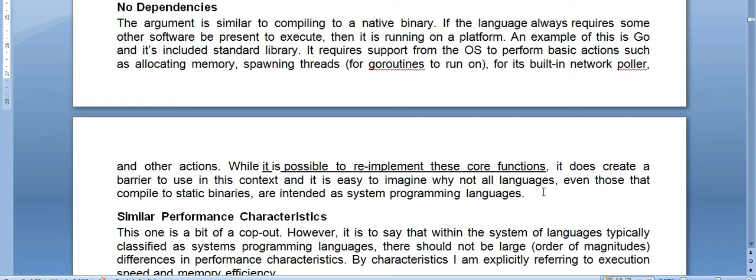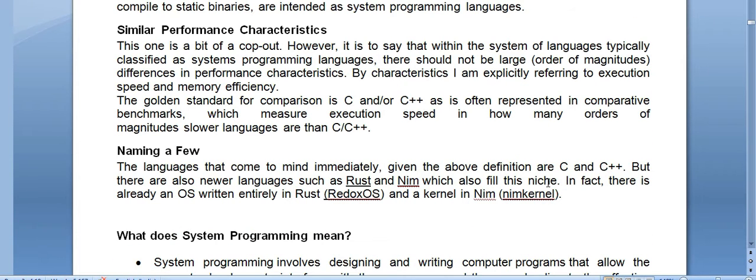While it is possible to re-implement these core functions, it does create a barrier to use in this context, and it is easy to imagine why not all languages, even those that compile to static binaries, are intended as system programming languages.